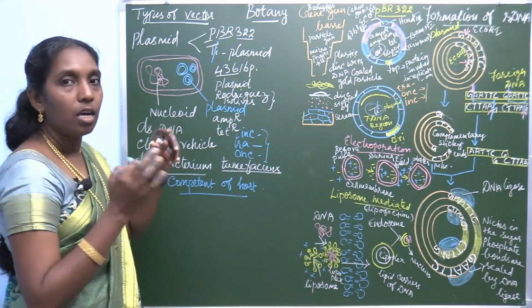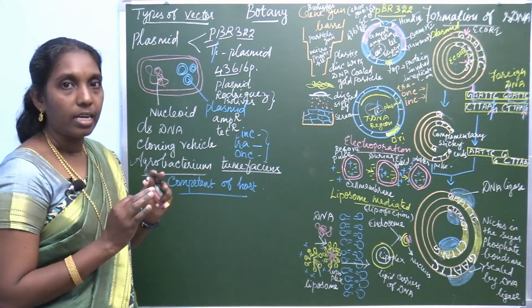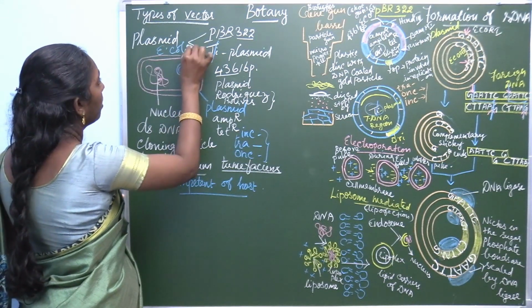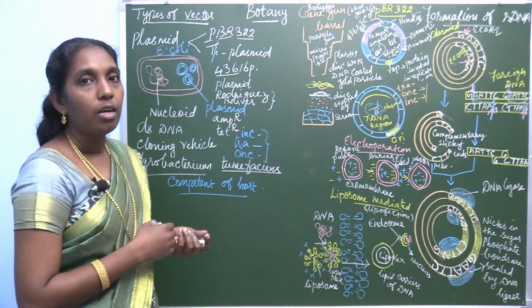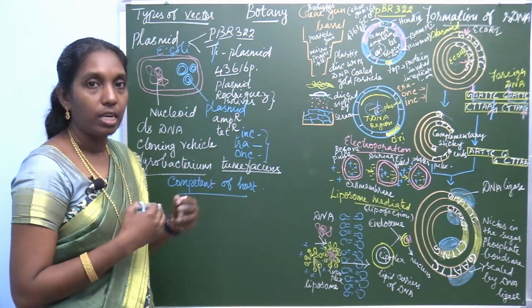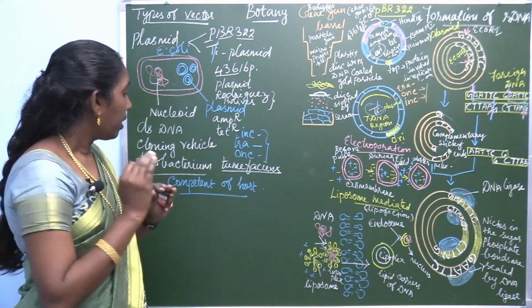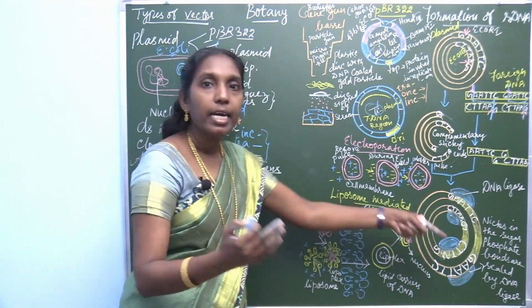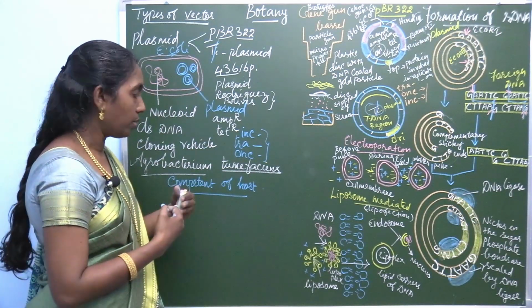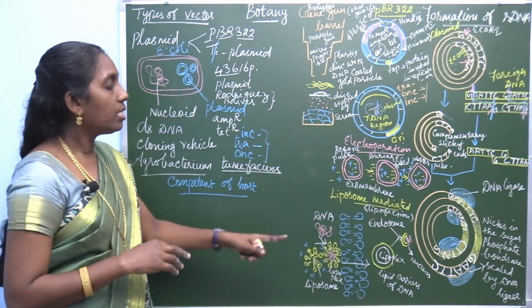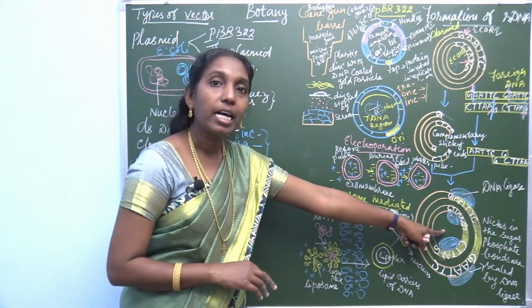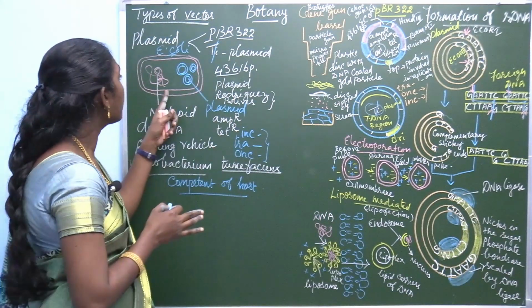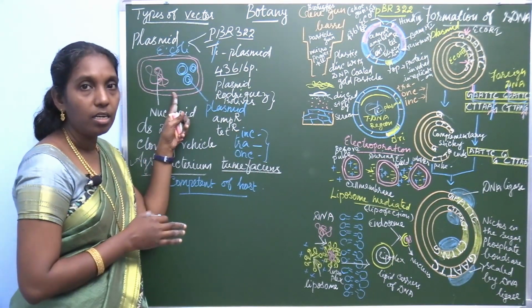This is the vector. The common host used is E. coli, Escherichia coli. Because of several reasons, this E. coli is selected. Now this recombinant DNA can be introduced into the competent host. But since this DNA is hydrophilic in nature, which dissolves in water, it cannot pass through the cell membrane of this bacteria or any other cell.